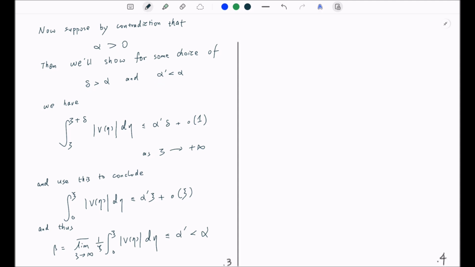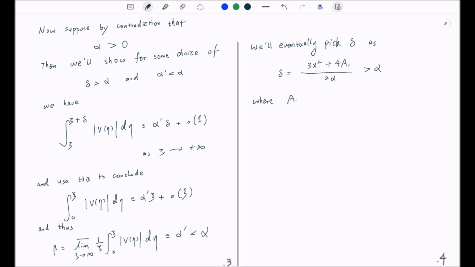And now, let me give away one spoiler. I will tell you what this delta we're going to choose. We will eventually choose delta as the following quantity: 3 alpha squared plus 4a1 divided by 2 alpha. And you can easily see that this number is bigger than alpha,